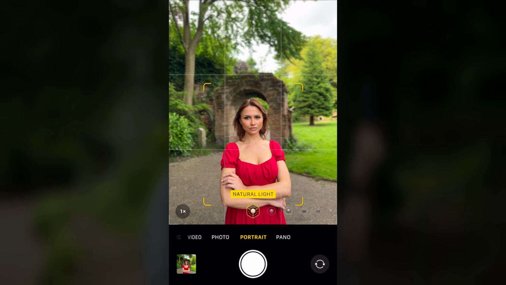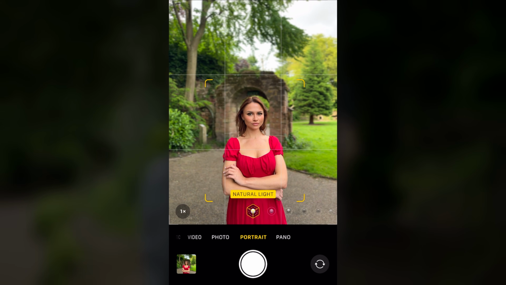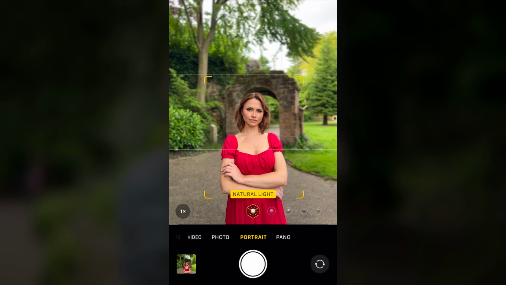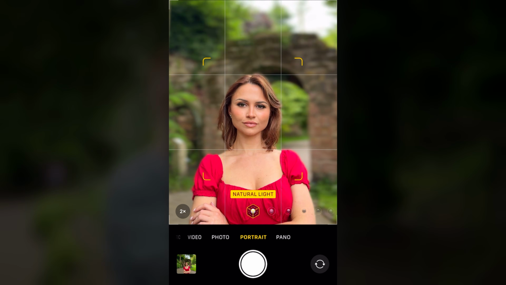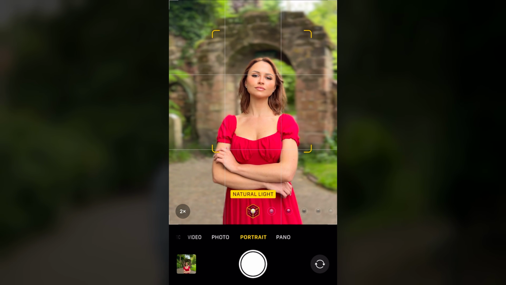So I'm framing Katie here with the 1x lens, and it's a nice photo. She's still framed with the archway, but there's so much more happening around the frame. The focus is on her because of the depth of field, but it still doesn't have the effect of the frame. So if I choose the 2x telephoto lens, bring the background much closer with compression, and now we get